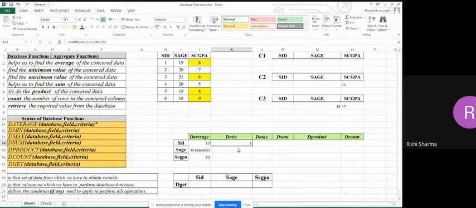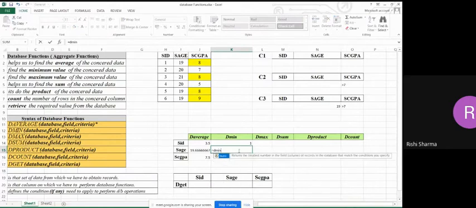Okay. So now this time what I want is D min. What is the condition, the database? That is data 1. I have to find the minimum of age, that is this field. And let's say this time my criteria is this. I'm talking about CGPA greater than 7, which means these four conditions, and S age is equal to 19. S age is equal to 19 means the first three cases, 1, 2, and 3.